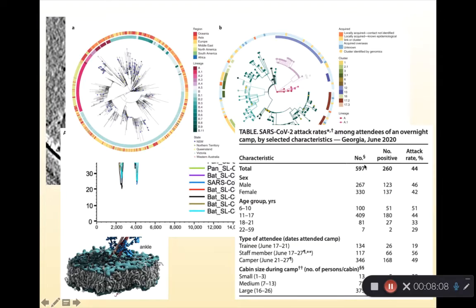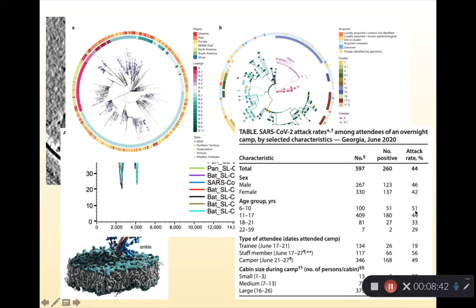So in this camp, there were about 600 people, and about 260 tested positive. So that's an attack rate of about 44%. And you can see that they broke it down by age, by staff member or children, and also by cabin size. So if you look here, the first thing that I find interesting is there's differences in the age group of who's getting